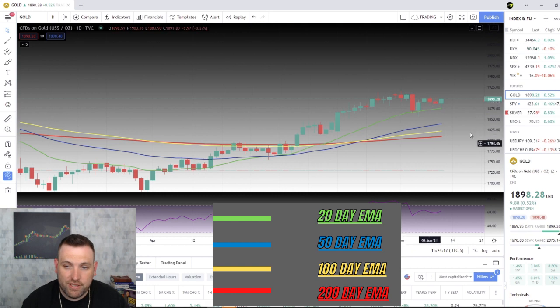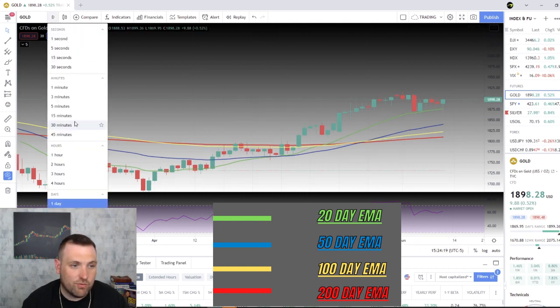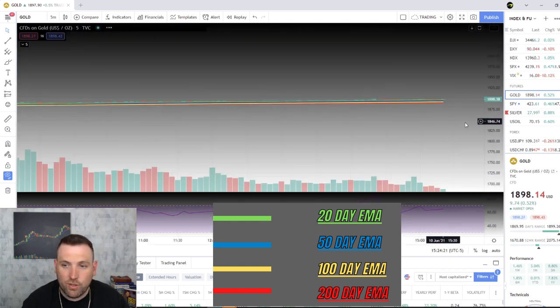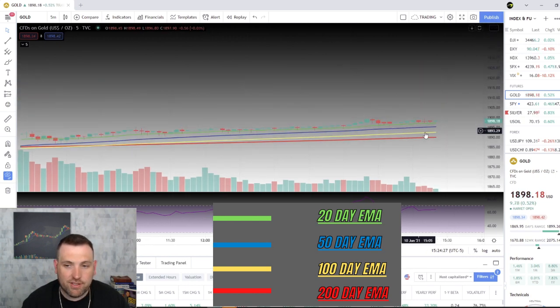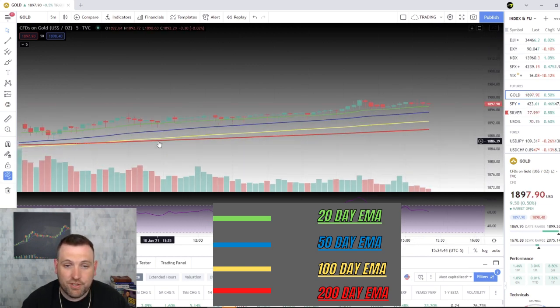That is what you want to see on the daily. That is also what you want to see on the 5 minute and the 1 minute. So this is bullish on every single chart because the EMAs are matching all the time frames. Whereas if you go back and look at MEDS, the daily time frame EMAs are going to look way different than the 5 or 1 minute EMAs. So that's why I try to stay away from those trades and only look for the ones that are bullish